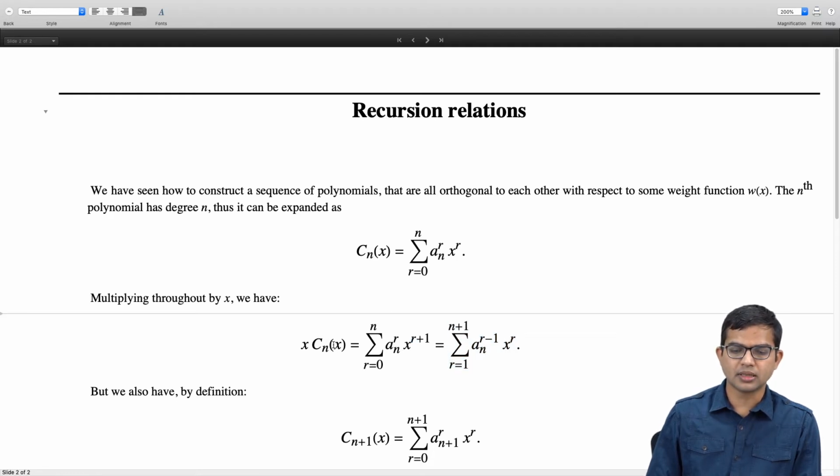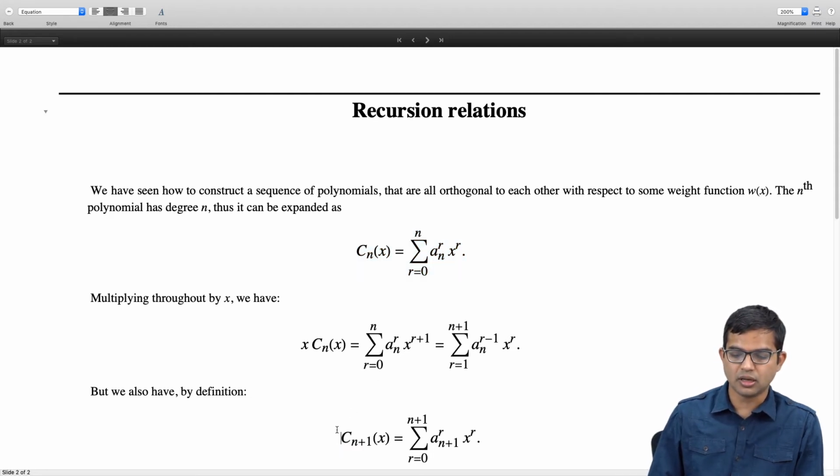But Cn plus 1 is another n plus 1 degree polynomial, right? So we have one n plus 1 degree polynomial, and the idea is that we want to compare this n plus 1 degree polynomial we constructed from the nth order polynomial with respect to the n plus 1 degree polynomial itself, for which we have this expansion, right? So in terms of the same kind of notation, but now you see I have the superscript is r and the subscript is n plus 1, right? So it corresponds to this n plus 1 polynomial, and r will now go from 0 to n plus 1, and of course you have an x to the r sitting here.